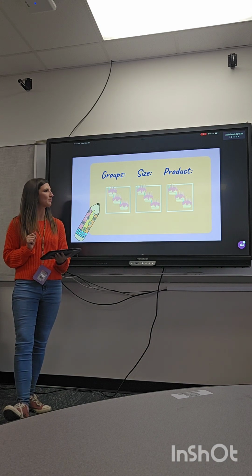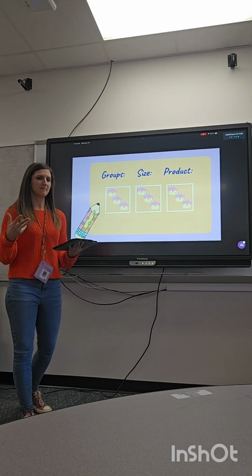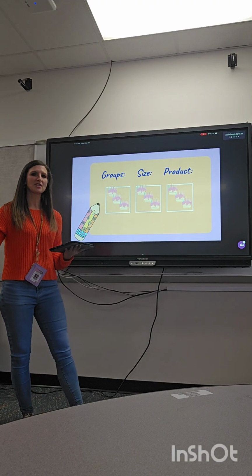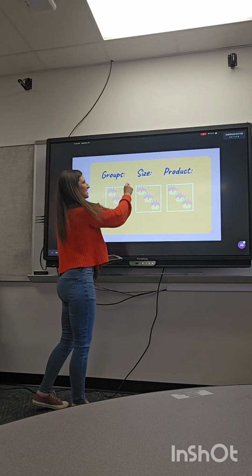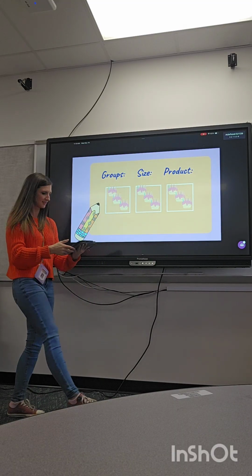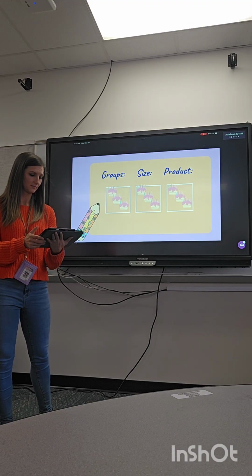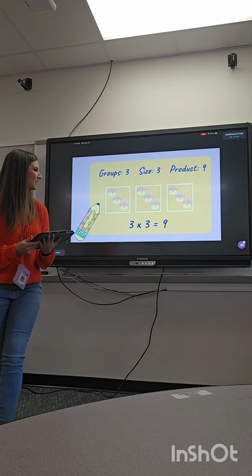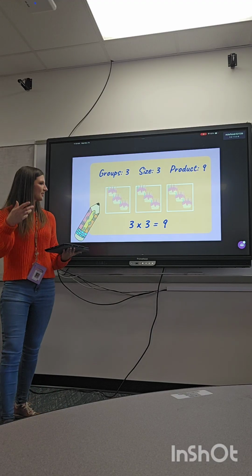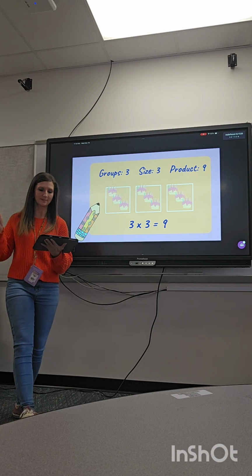While they worked on their whiteboards, this would be up, so they know with my instruction that they need to write at the top of their whiteboards every time: G for groups, S for size, P for product, and figure those out. And all together, we would count them, talk about it, how they came to this conclusion. I would call on some hands,